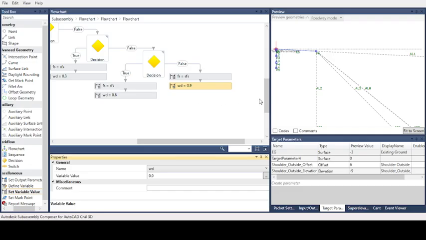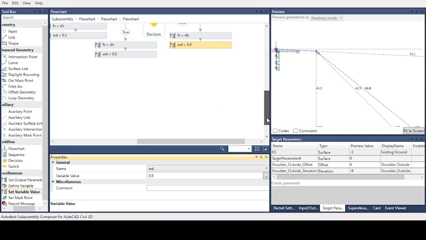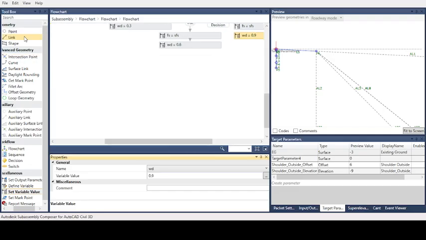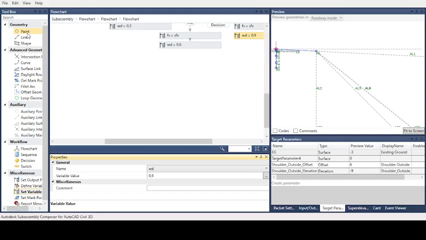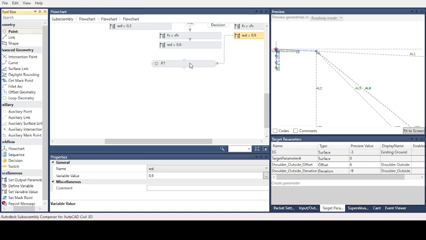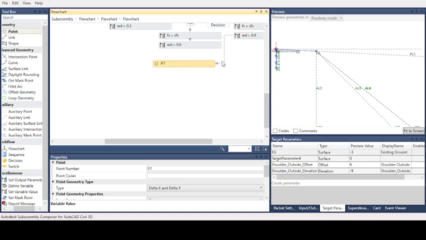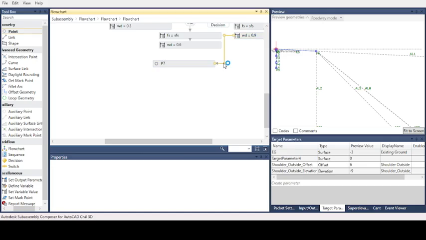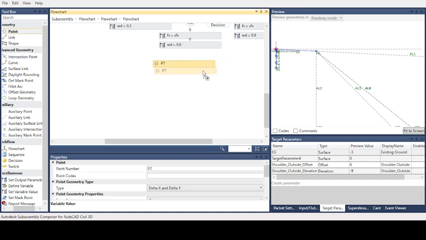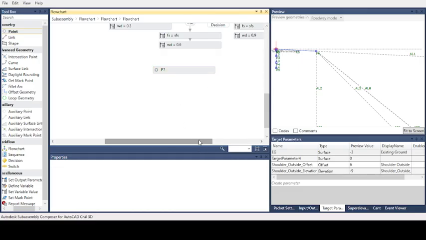Therefore, now we will create a point from the toolbox. This point is with link. All these decisions should be connected to this.